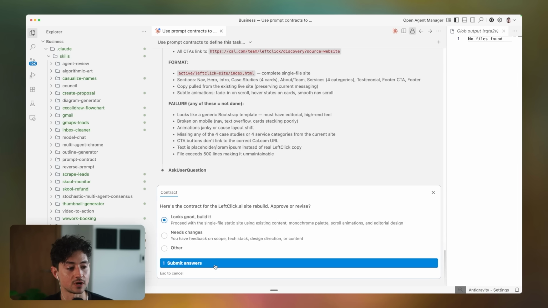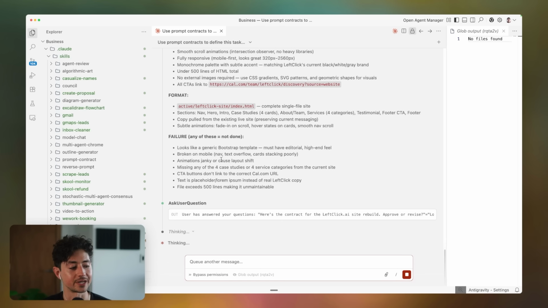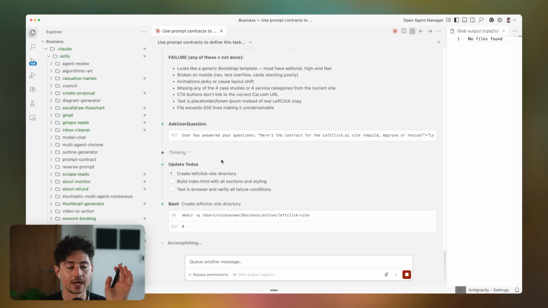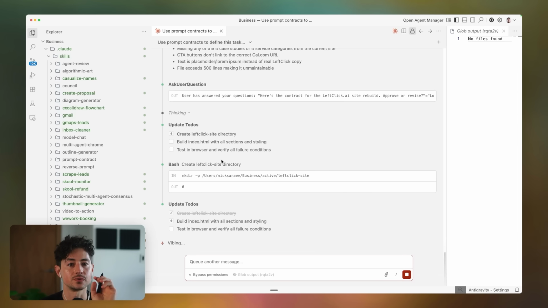So I actually really like this prompt contract. It's really simple and straightforward. So I'm actually going to say, go ahead and build it. But what's cool is, we're now actually having a conversation about this. We're actually agreeing on what the end result is going to be. And this is actually really similar in nature to the other thing that I want to talk to you guys about, which is kind of related and orthogonal to prompt contracts, although it is a little bit different.